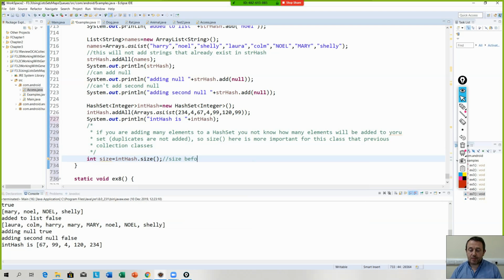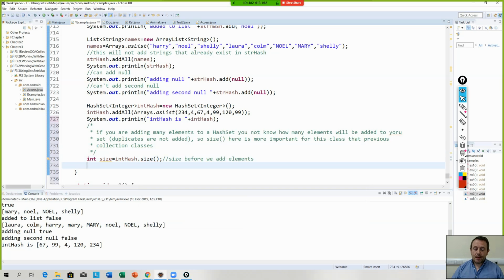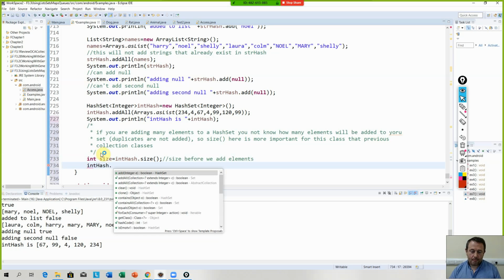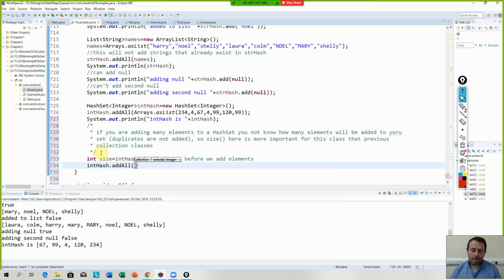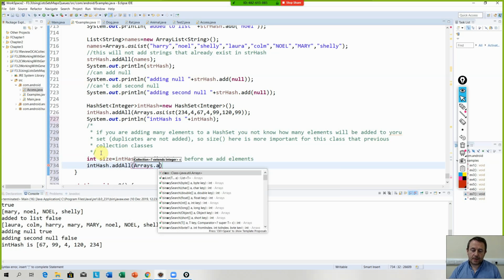This is the size before we add elements. Okay, and then I go intHash.addAll(Arrays.asList(